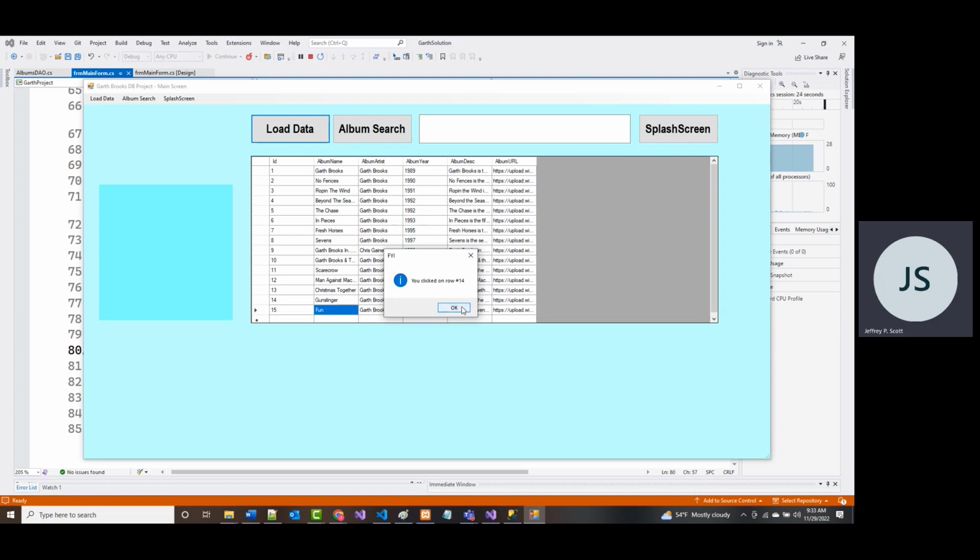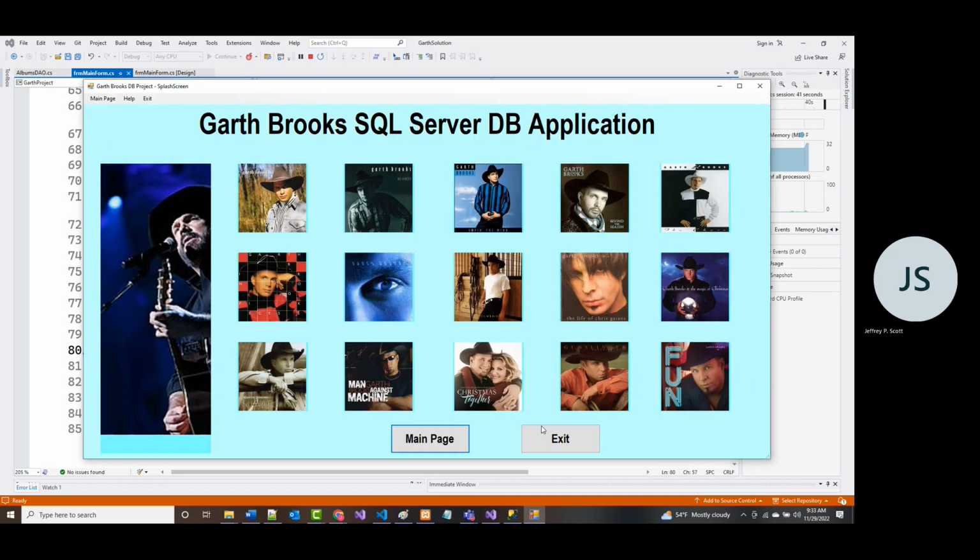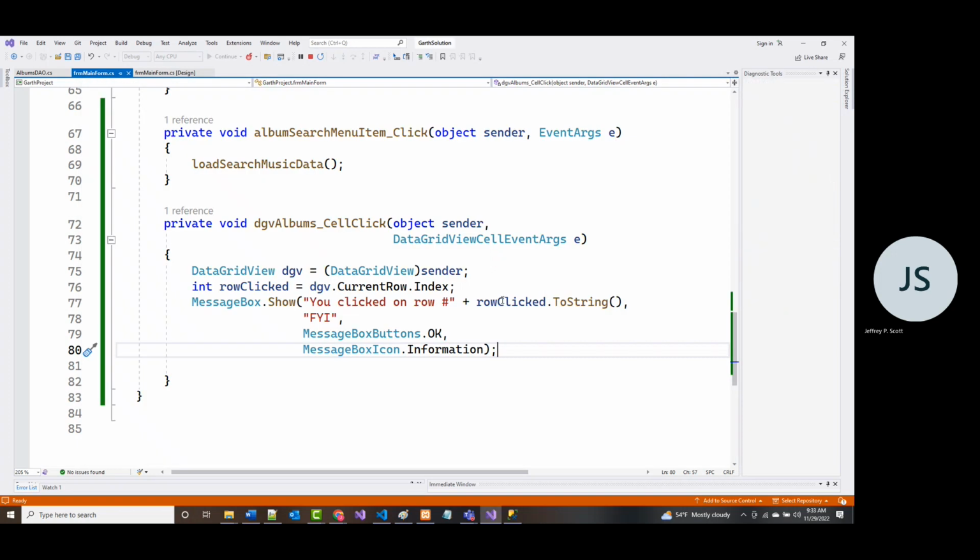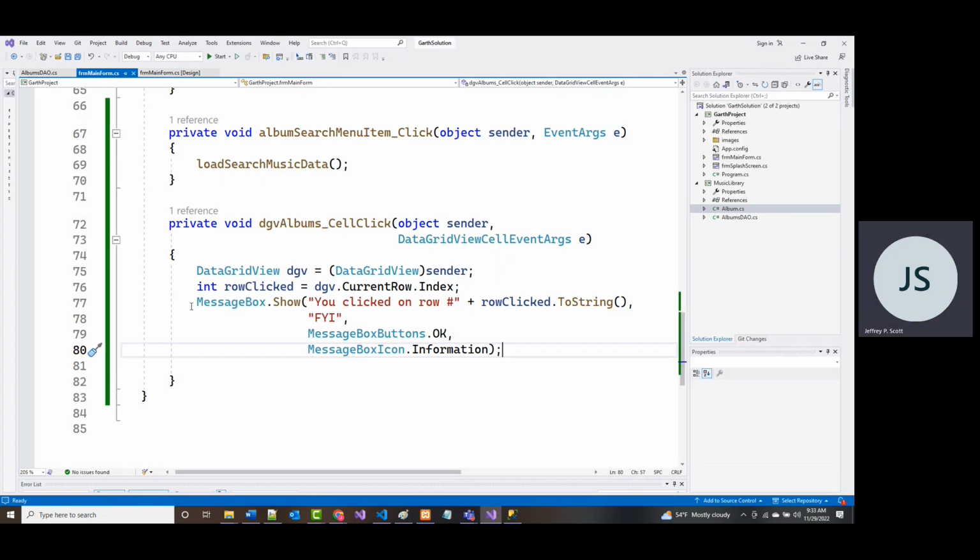So right as of right now, we've got it working. Well, that's fine. That's all fine. But that's not what we want in there. We want it to show that album. All right. So let's do that right now. Okay. So I'm going to leave this in here, but I'm going to comment it out.